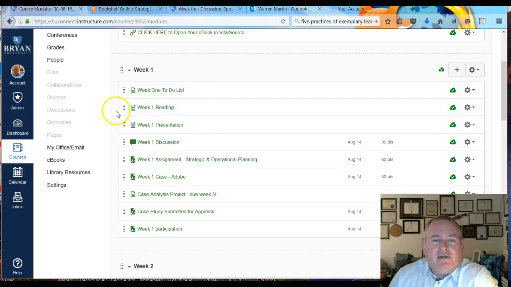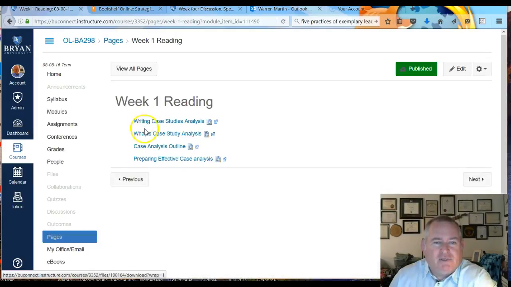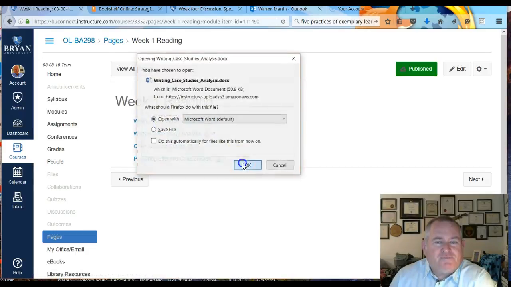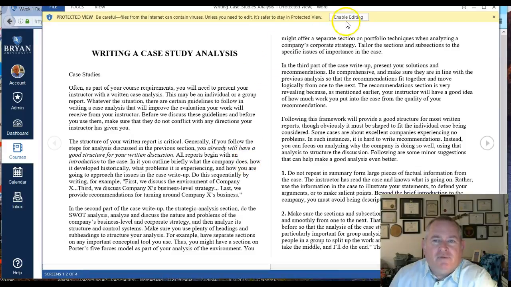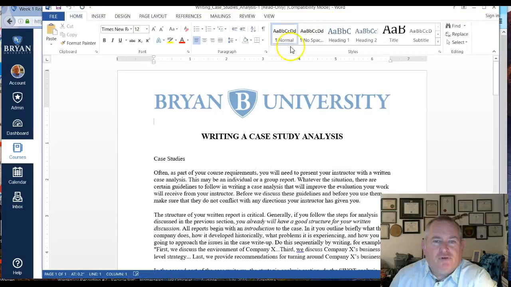Let me see. This first week, there's a lot of reading because you have to know how to do that. You've got these 4 different readings here. All of them have something to do with writing case analysis, doing reports. And the reason you need to know how to do this is if you're going to work in business at any point in the future, or even now,